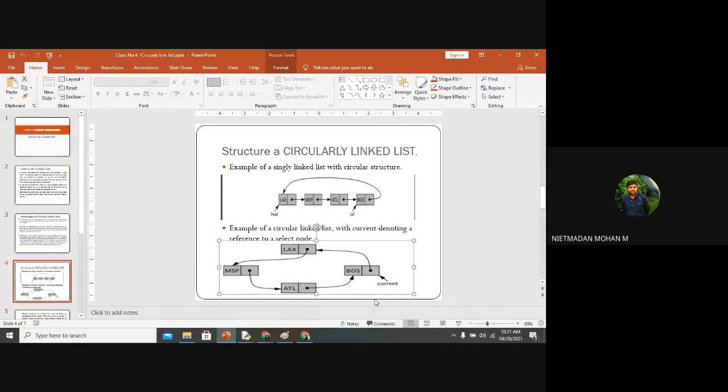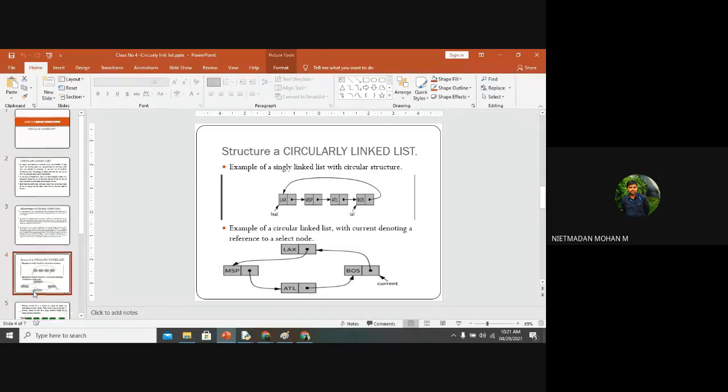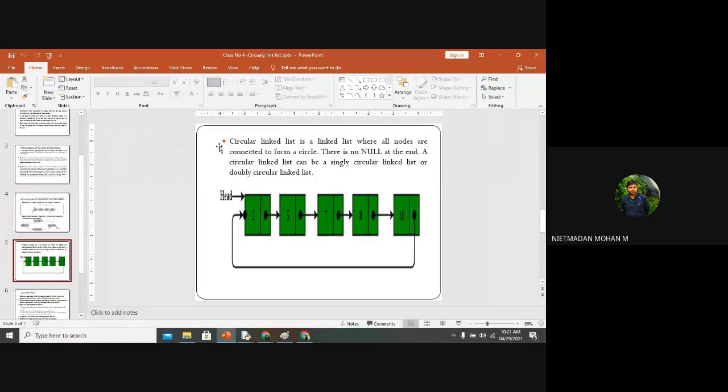The linked list representation, which will be the circular linked list representation, may be in a sequence order or a non-sequence order, maybe in a circular order. But the only thing is that the head and tail node need to be described, and the tail node address needs to point to the head node. So that is the process, and this is the basic thing of how the representation will be.